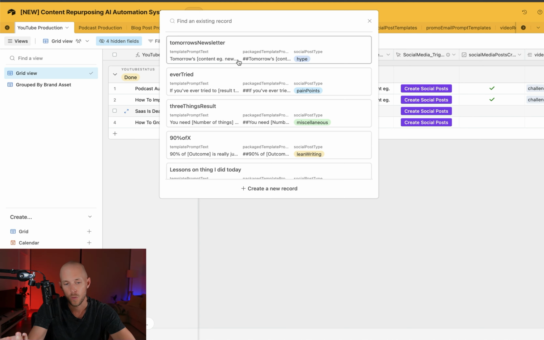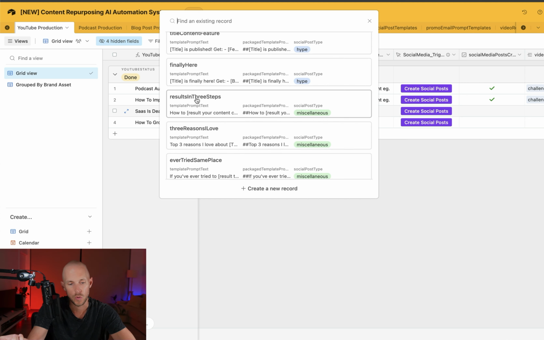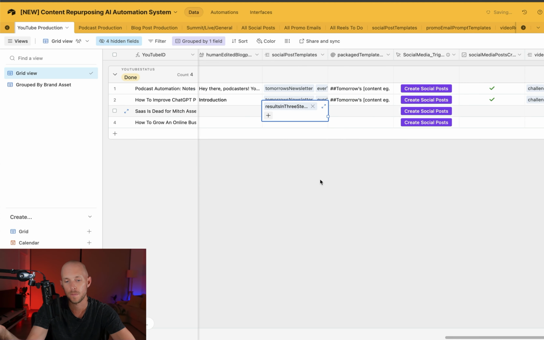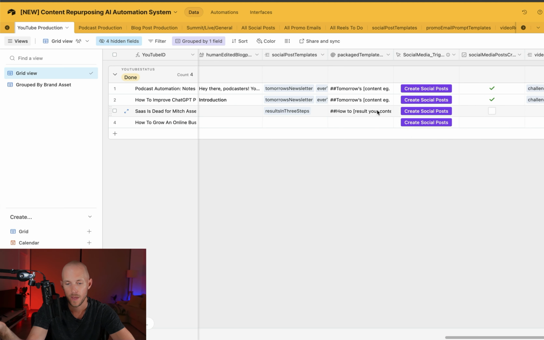So if I wanted to, these are all of our prompts here. If I wanted to just have this results in 3 steps prompt, for example, it'll add that in there. It'll add then our little coded prompt here in this section. And then when I create social post, when I click this button to say create social posts, it'll send this